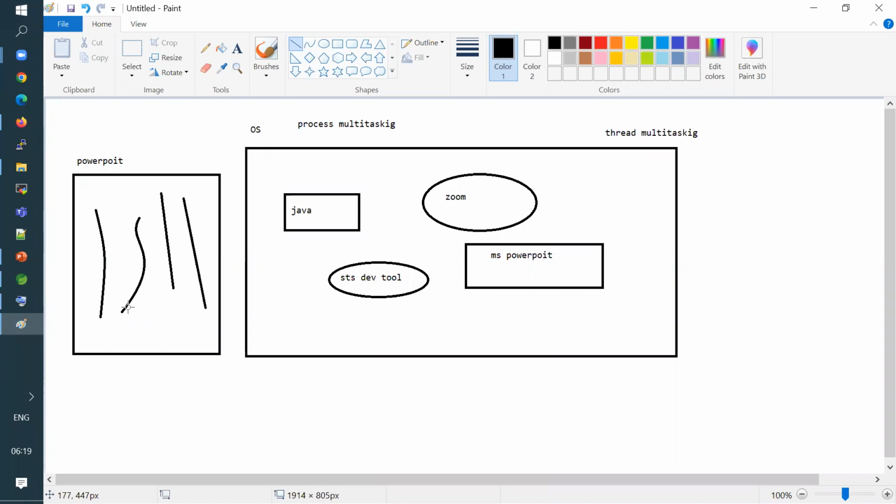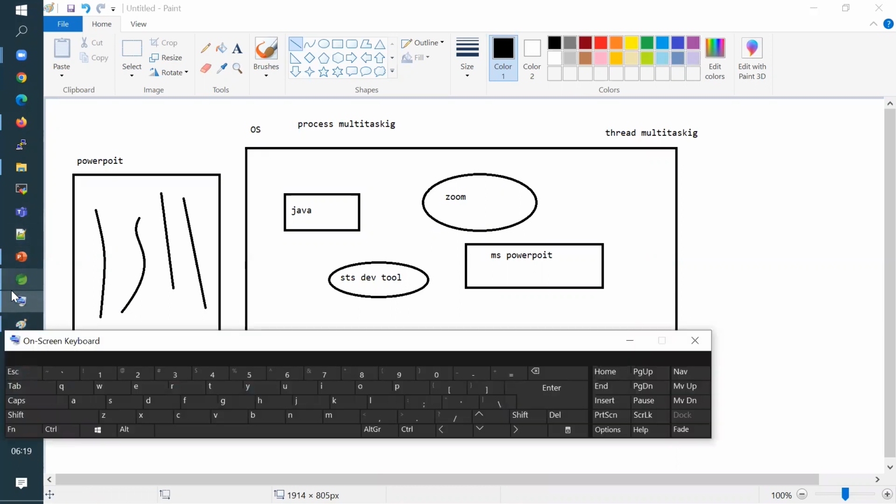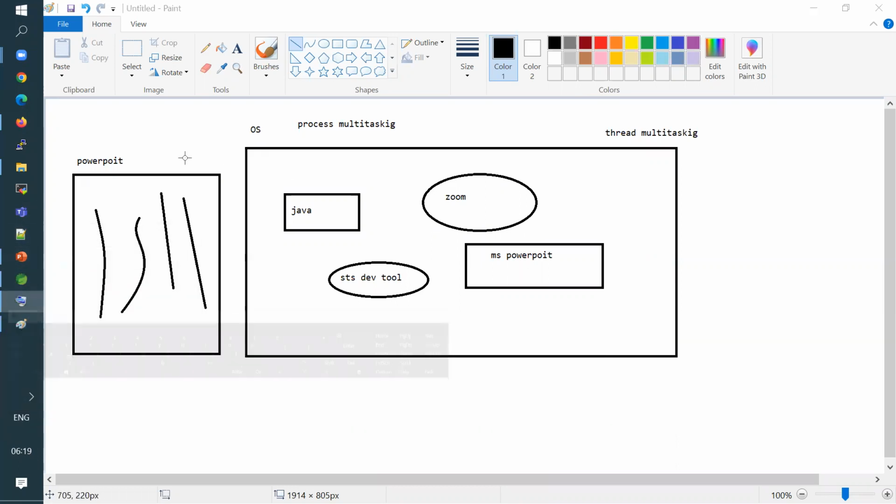So this is what we are going to talk about: within a process where there are multiple threads, how do we ensure these multiple threads are doing multitasking, that is, executing concurrently? This is what multi-threaded programming in Java is about.